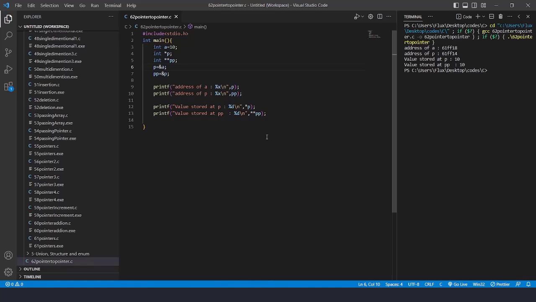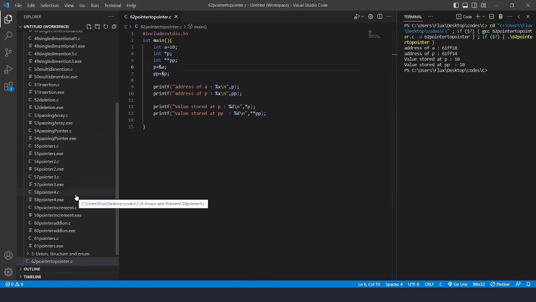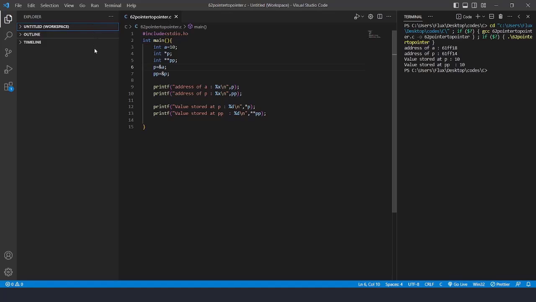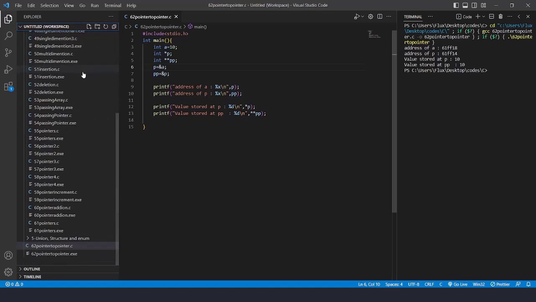We'll move to the next part. Now the next thing we're going to see is pointer to array. We're going to see how to pass this pointer to an array and how the array and pointer are related. So I'll create one more file and name it 63 pointer to array.c,